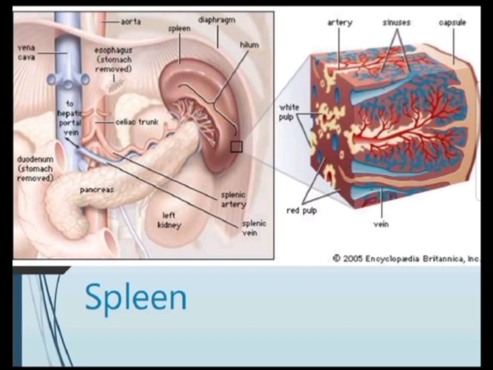The white pulp is the typical lymphatic tissue. You will find the splenic nodules here, which are known as the Malpighian bodies or Malpighian corpuscles. The white pulp, which is white with the naked eye, is seen under the microscope as a very darkly stained area, because these splenic nodules are made up of small lymphocytes which are very darkly stained, and this has a typical structure.